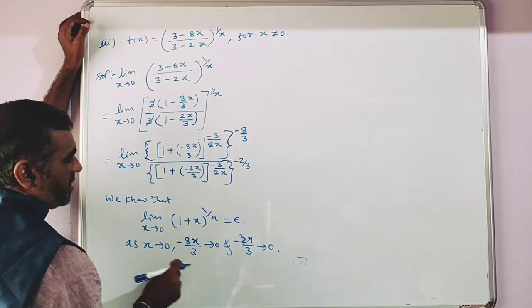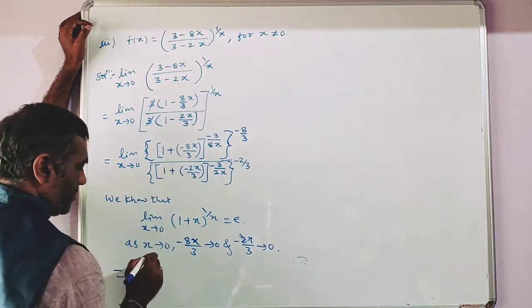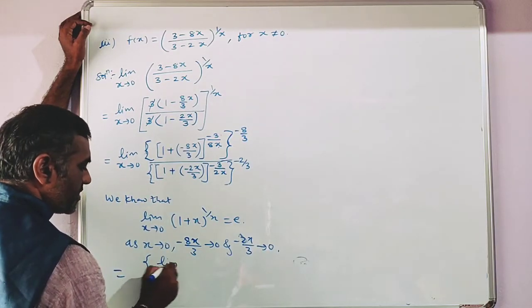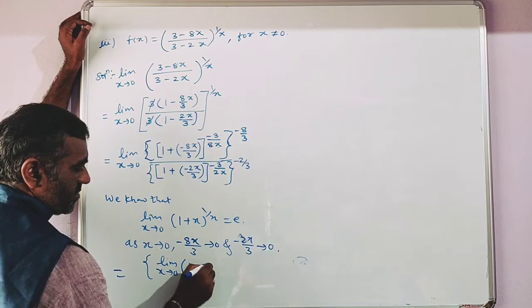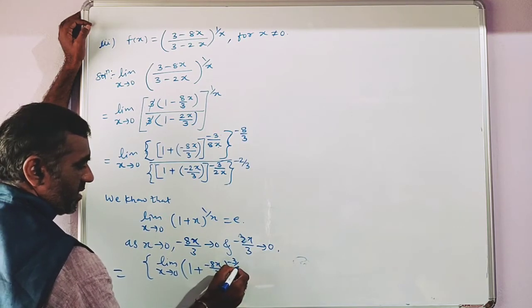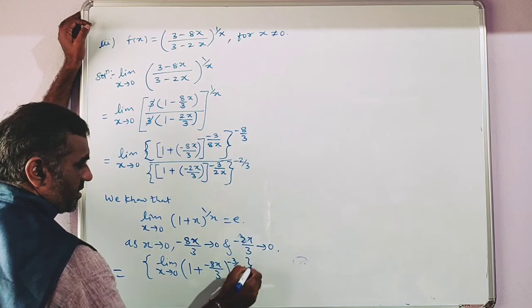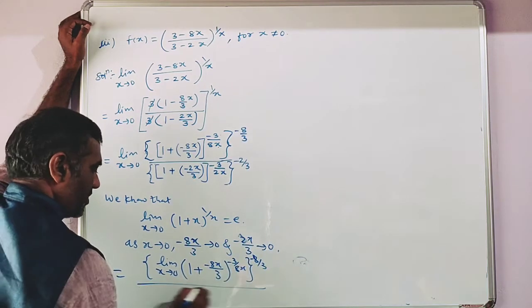Therefore, we can give separately limit as x tends to 0, 1 plus minus 8x by 3 raised to minus 3 by 8x, raised to minus 8 by 3, whole divided